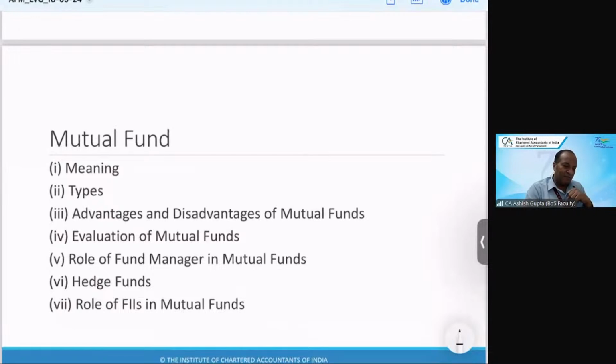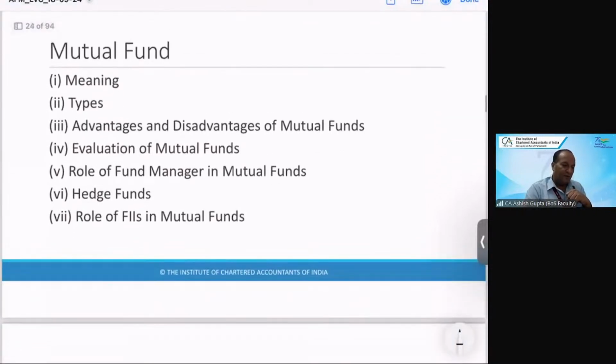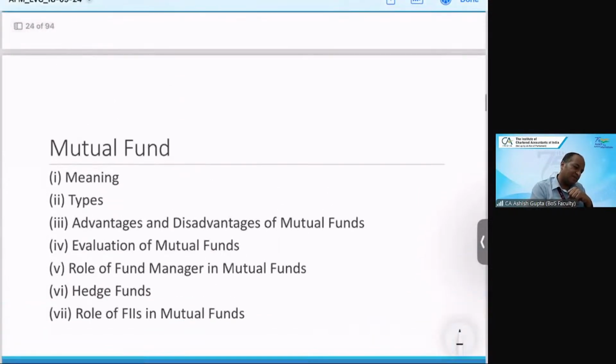Now next comes the mutual fund. It is very important. This is another part of the section 3. Now when we talk about the mutual fund,